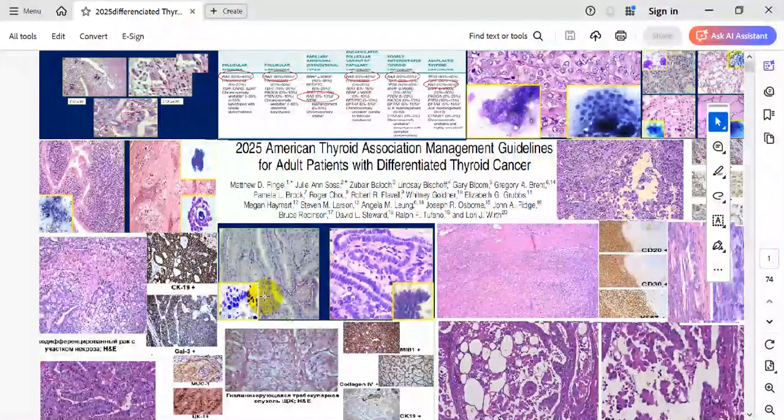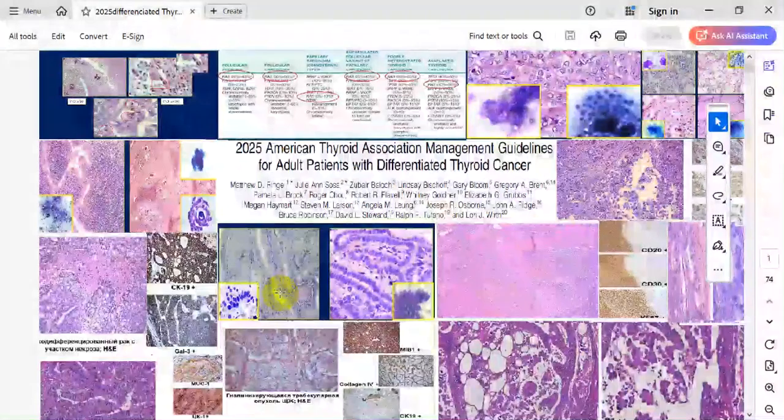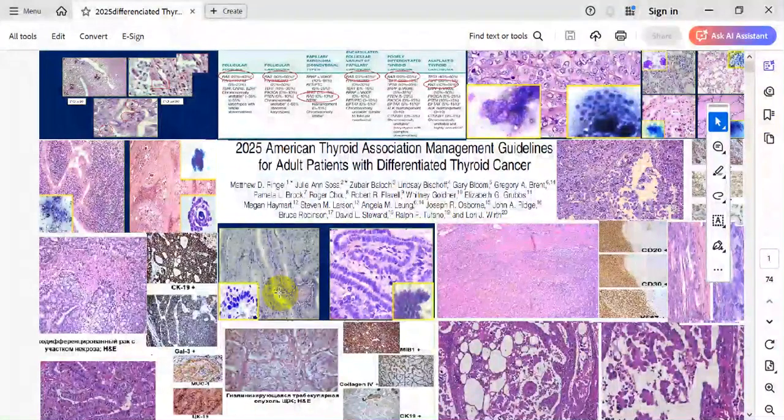And that's why in some subtypes, or in some patients, we must do molecular testing to guide the next assessment, and also according to